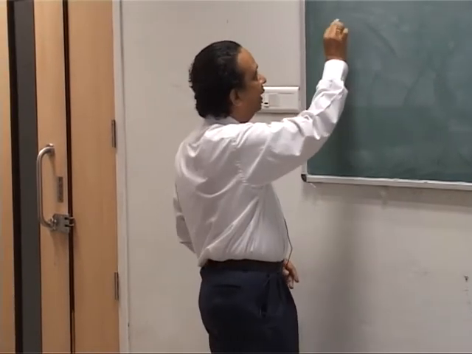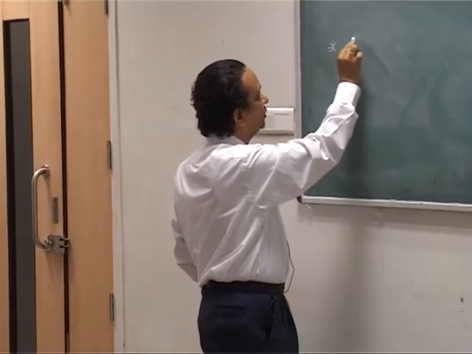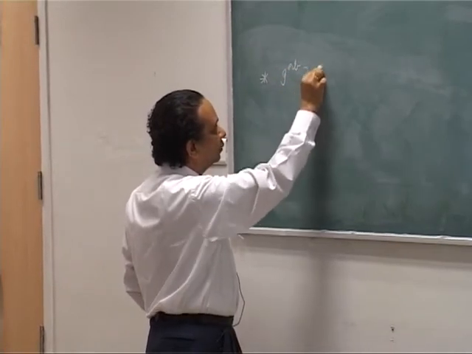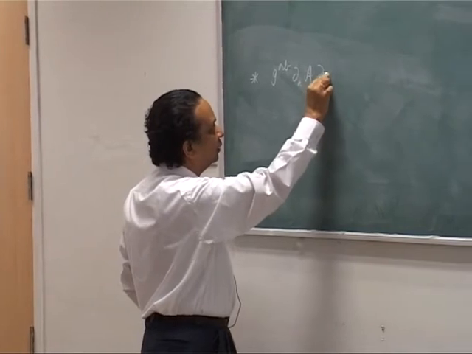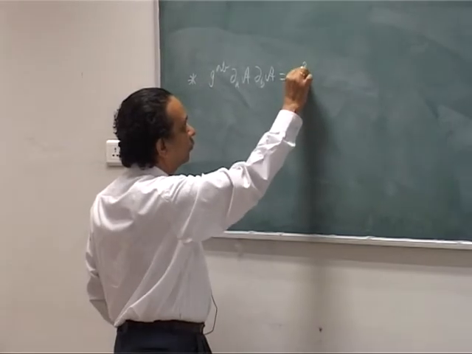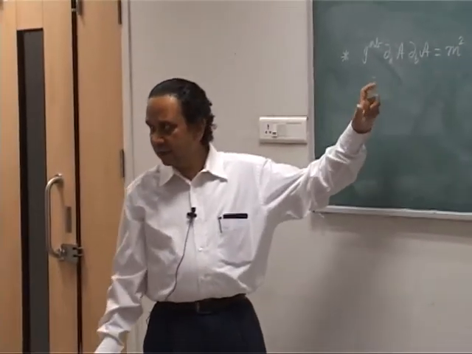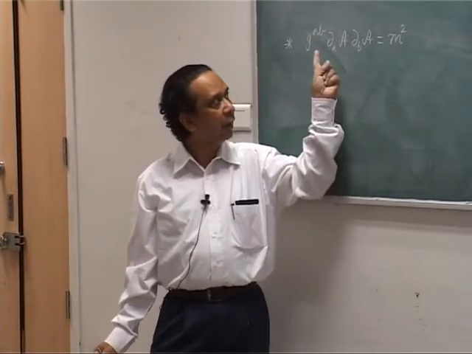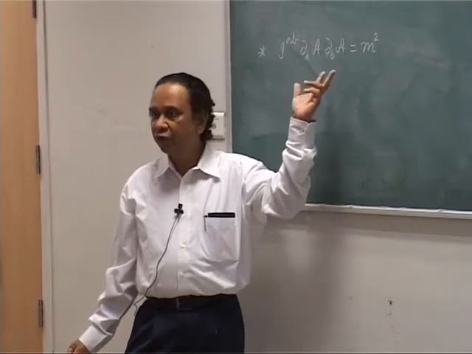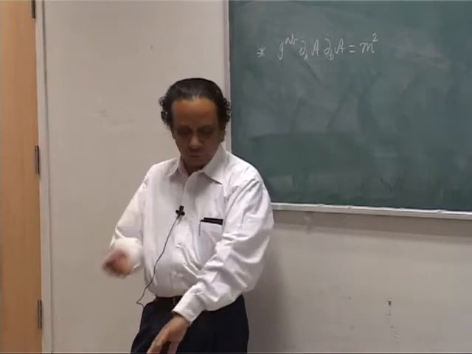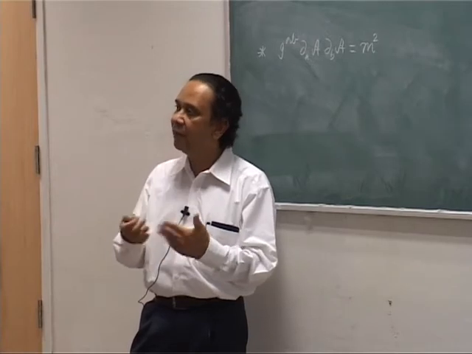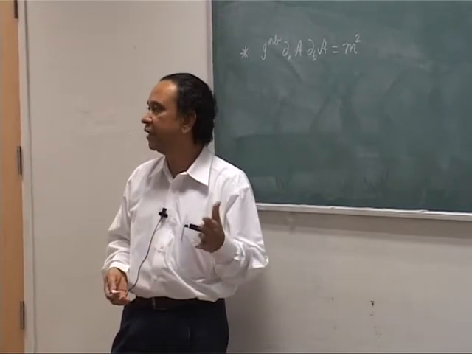So, what is the philosophy behind that? You start with an equation which is g^AB, partial derivative A of the action, partial derivative B of the action, and you put it equal to m square. Let us understand the logic behind this. This comes from our standard Hamilton-Jacobi equation. The derivative of the action is what we call the momentum. So, this is P square equal to m square. And then once you get the form of the action, you are supposed to find constants in that, differentiate with respect to the constants and equate to new constants to get the trajectory.